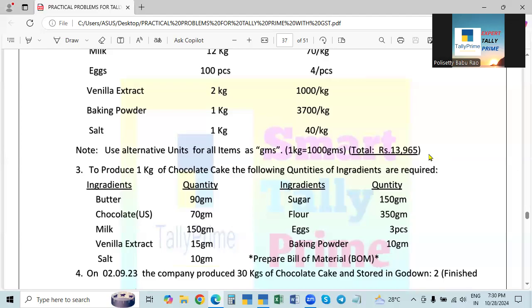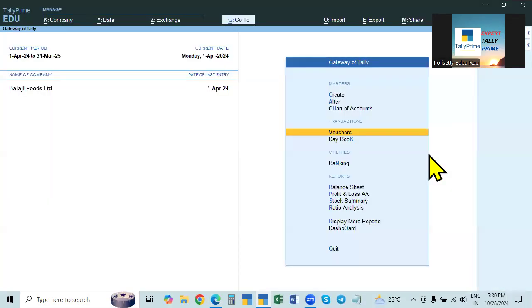So now what we have to do? We have to make the bill of material. The bill of material will be made for the finished goods. What is the raw material required for manufacturing 1 unit of the finished goods? For that purpose, we have to create